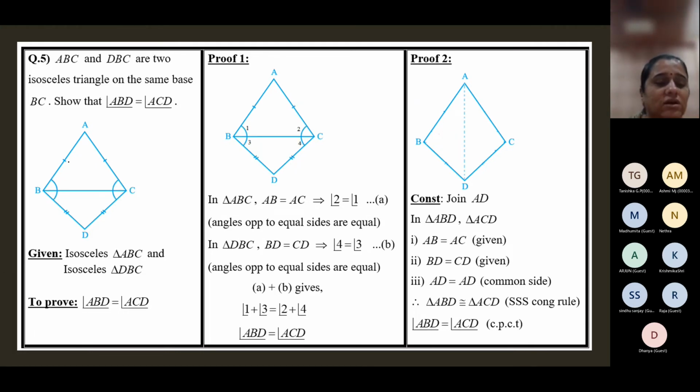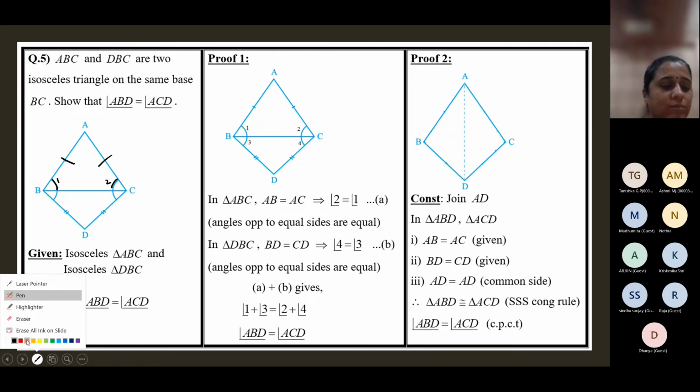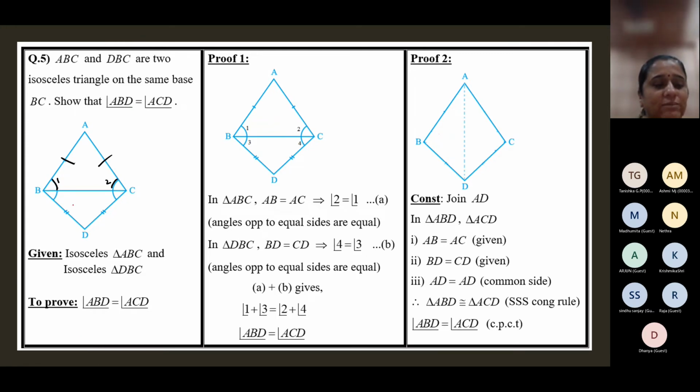So one way is, children, please understand that in the triangle above, because it's isosceles, angle 1 is equal to angle 2, because angles opposite to equal sides are equal. Then in the triangle below, it's again isosceles. So angle 3 is equal to angle 4. In the triangle below, for this side, this is the angle opposite to it, and for this side, this is the angle opposite to it. So angle 1 is equal to angle 2. Angle 3 is equal to angle 4.